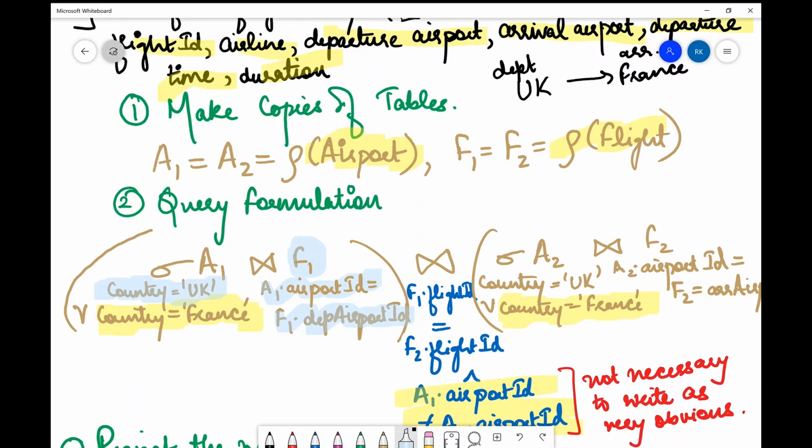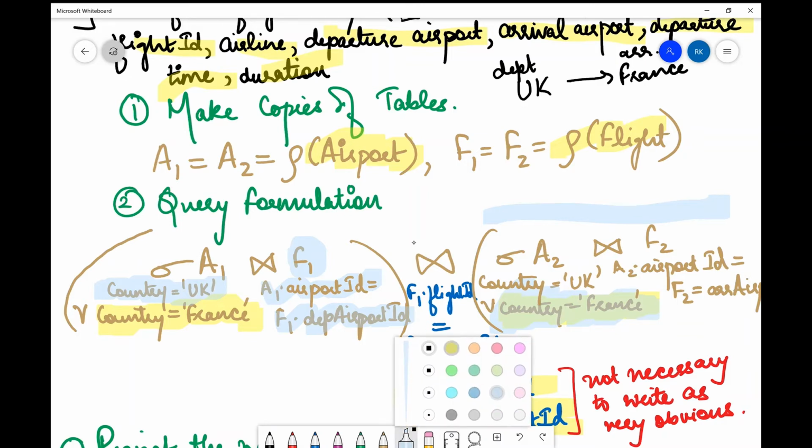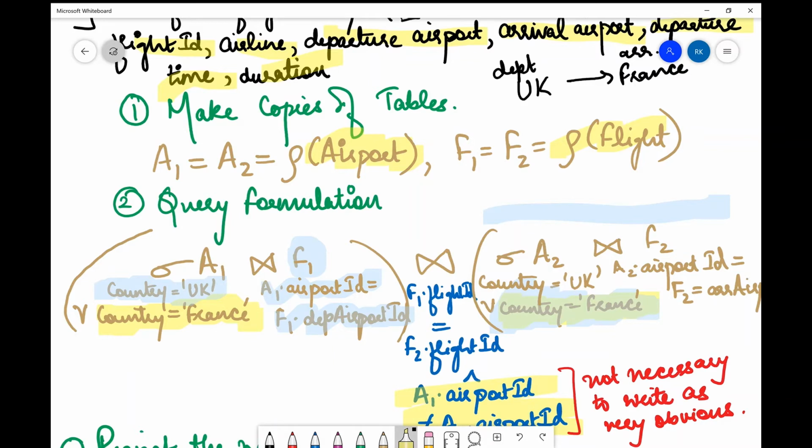So over here on this side, you can see that this is country equals to France. Select all the airports with country equals to France. Just forget about this country equals to UK for now.